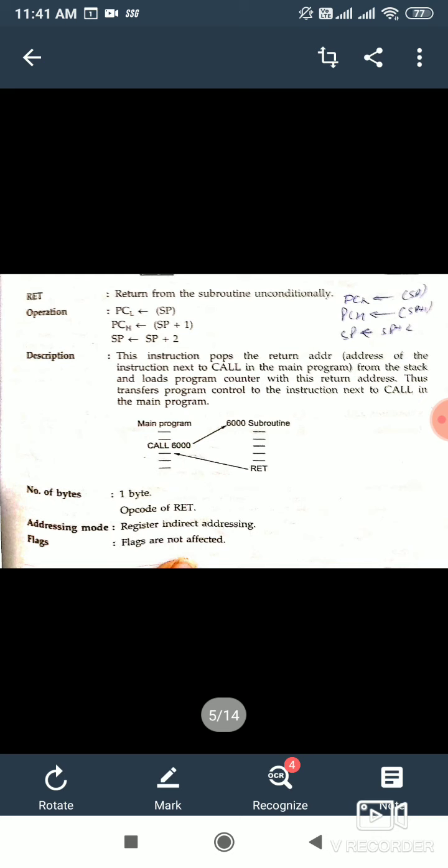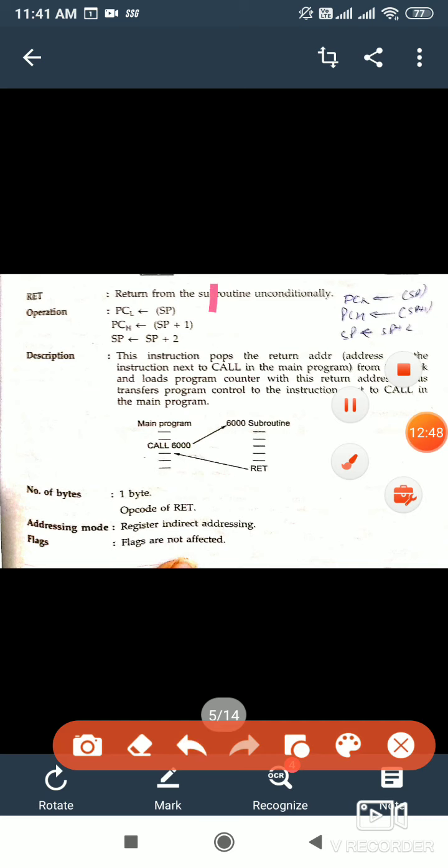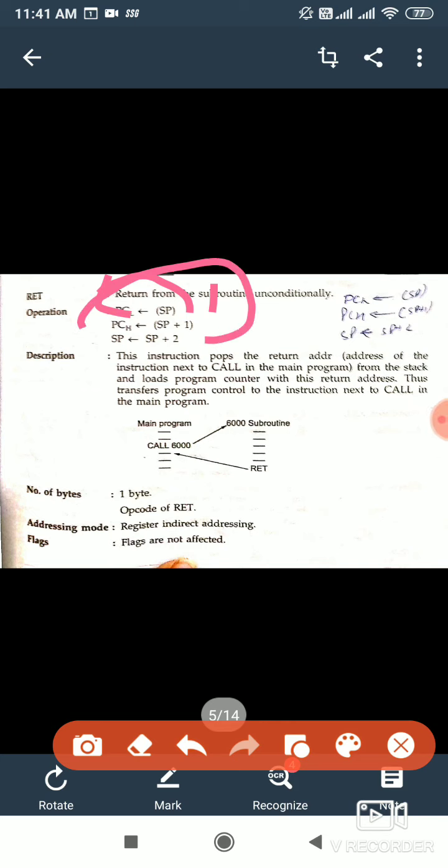Now the return instruction is the opposite of the call instruction. In the return instruction we pop, or retrieve, the program counter address back from the stack, just like the pop instruction. Here you can see we are taking back the lower byte of the program counter, then the higher byte of the program counter, and our stack pointer is incremented twice.